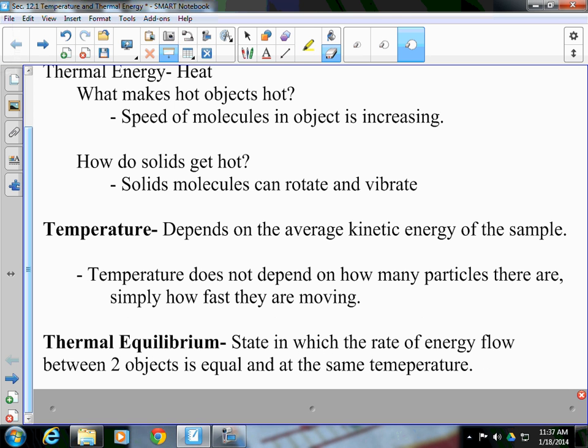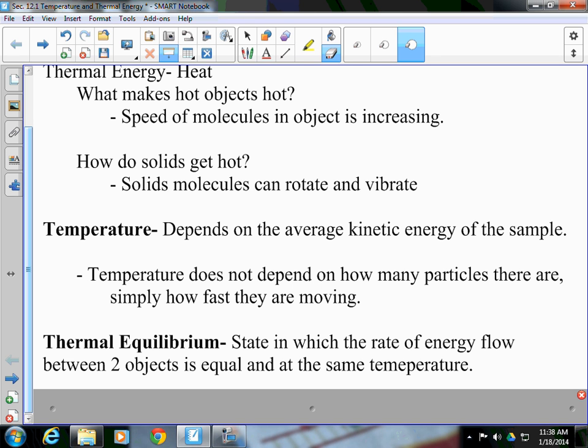And when we talk about thermal equilibrium, we are being really vocab heavy here as we go through. Thermal equilibrium is when the flow between two objects is equal and they're at the same temperature. They've finally balanced out. We are going to be studying with calorimeters in this chapter, and for those of you in advanced chemistry, you've already worked with calorimeters, and this entire chapter is going to be very familiar to you because we've studied chemical thermodynamics already. So equilibrium is when both objects have equaled out and are at the same temperature.